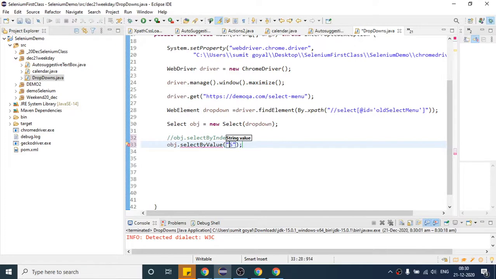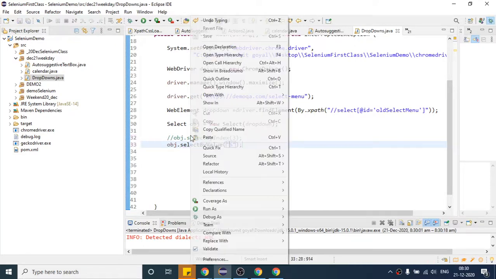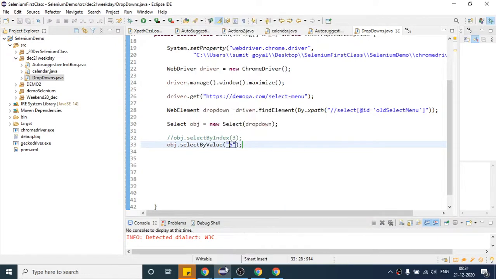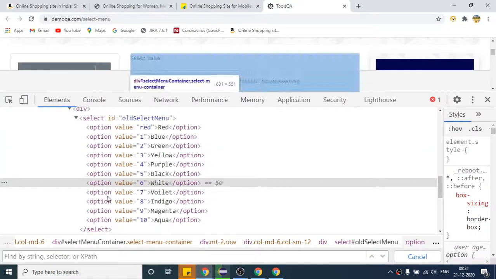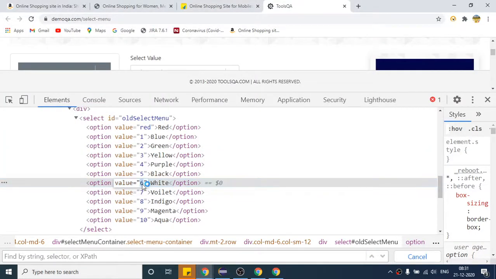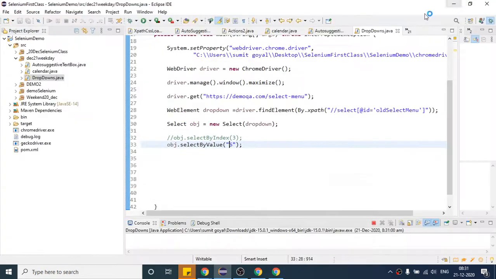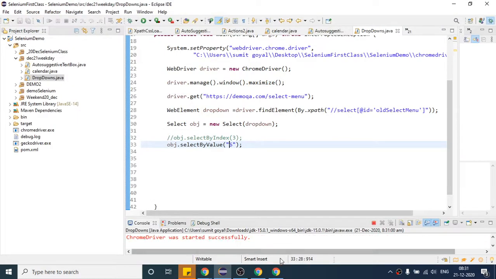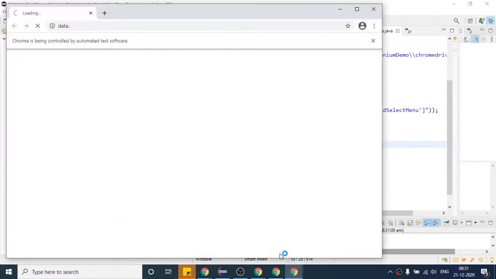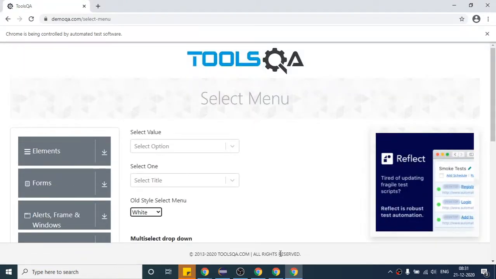Now you have given the value, so this time it should select white, because the value of white is 6. So you can see it has selected white.